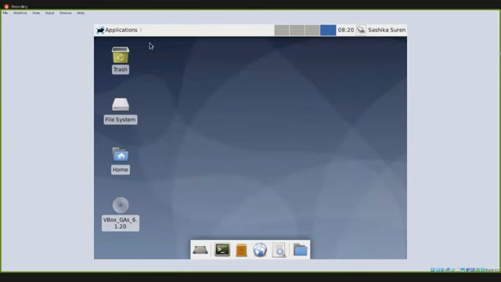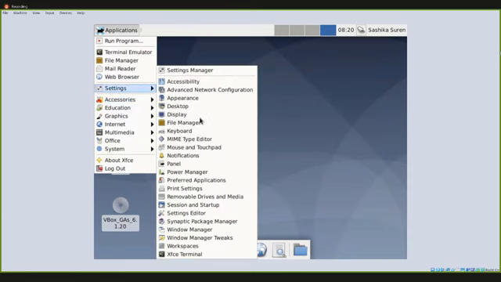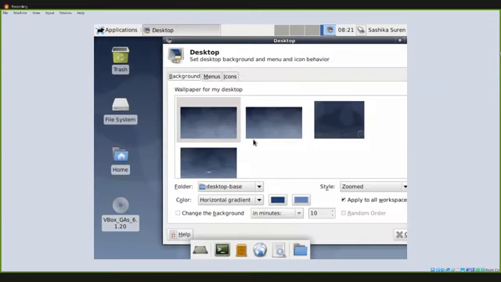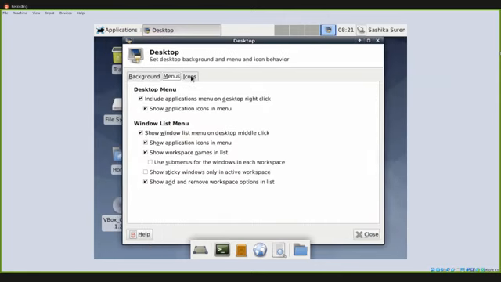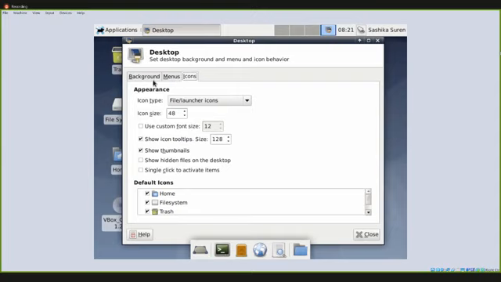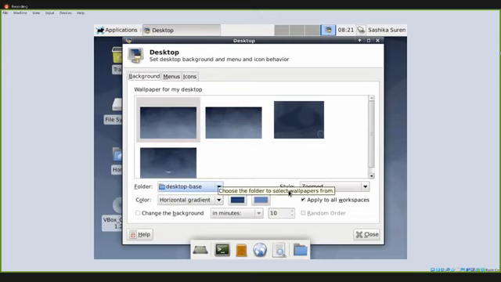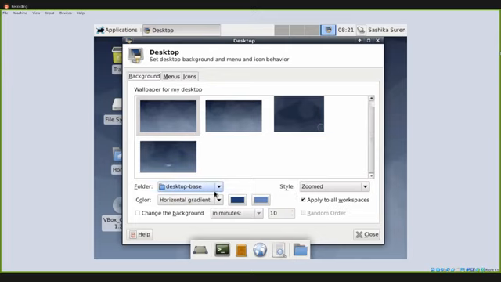So we have changed the styles. So now again we can go to the control settings and we can look at the desktop. So you can see the desktop environment, the same thing, like menu icons. You can change what the menu icons are. If you really require, you can change those things. If you want to have a different type of desktop environment, you can do those things like